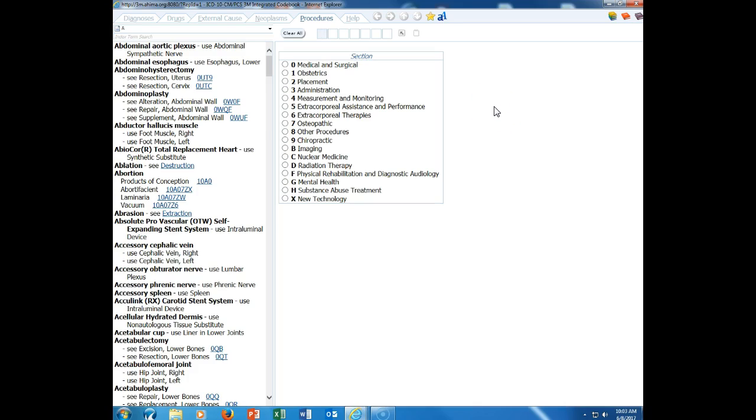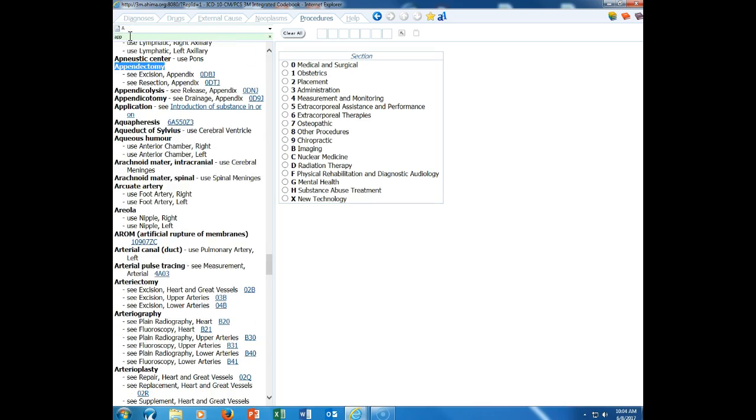When we're using the index, they continually refine this index and make it more and more coder friendly. When you're looking up codes, you may be able to find a code based on how it's typically called. For instance, an appendectomy. We don't say that we're doing a resection of the appendix. Typically, we say we're doing an appendectomy. And if I go in to look up appendectomy, I can see that I have a couple of options based on the root operation, and you'll study those in detail. Then based on whether it was an excision or a resection, I click on the code